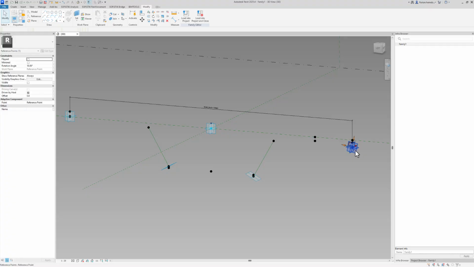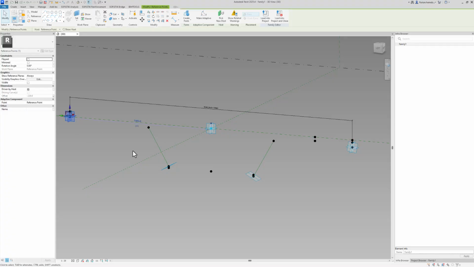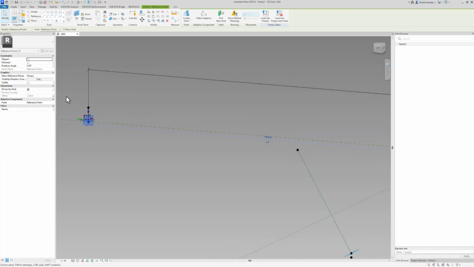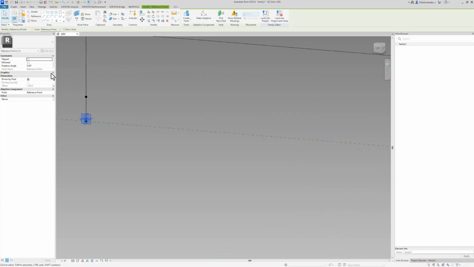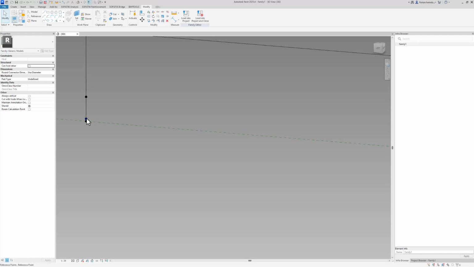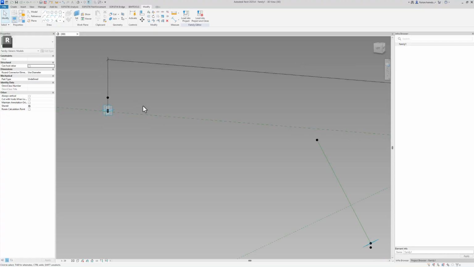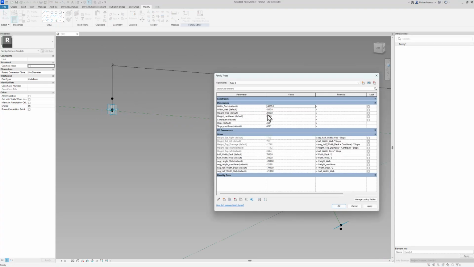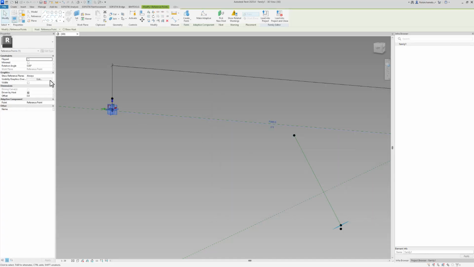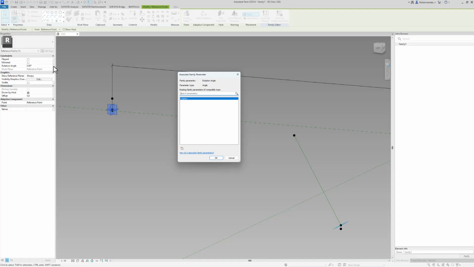Now to the next part. The offset from these 2 points over here, by the way, here I still have to turn the planes off and select the new point. Turn this one on. I want to use the slope of the cantilever as a rotation. I select the point, and when I want to select a parameter in here, you can see that it is not possible to select a slope as a rotation angle of this parameter.